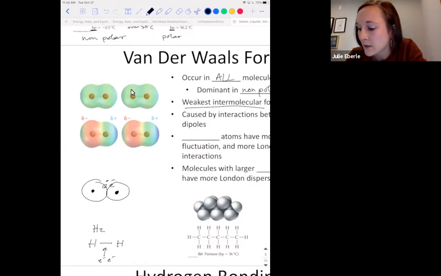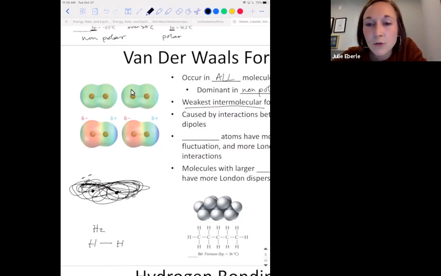They're moving constantly. So at any one point in time, I'm going to actually take those electrons off. At any one point in time, the electrons may both be over here. They may both be over here. They could be right in the middle. Essentially, they're moving all over the place. This is honestly what's happening. So if we were to take a camera and take a snapshot, the electrons may not be in the middle. They may be on one side or the other.